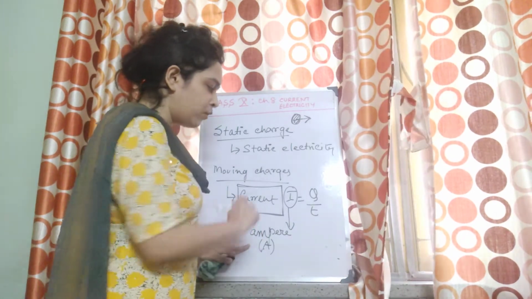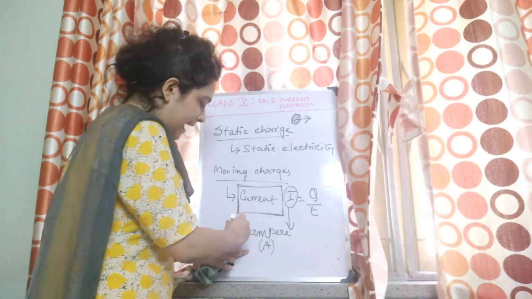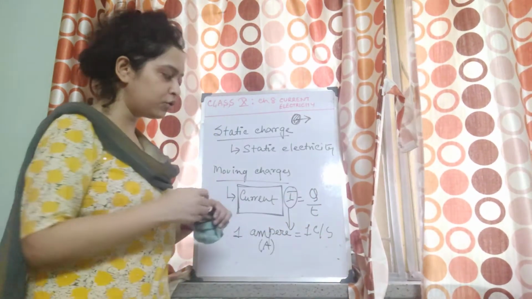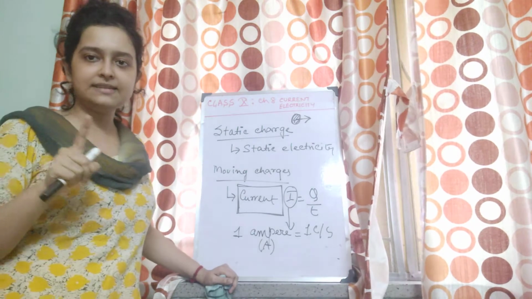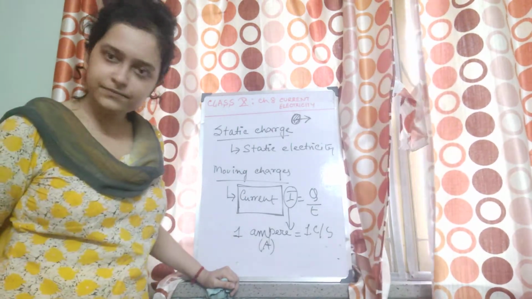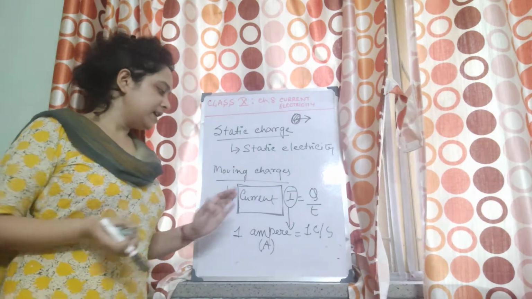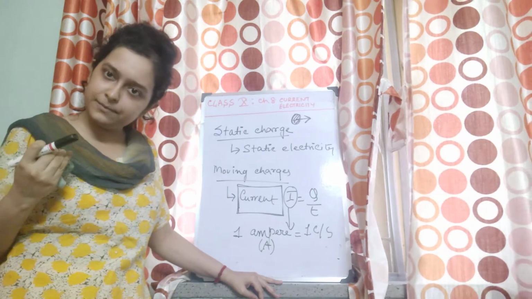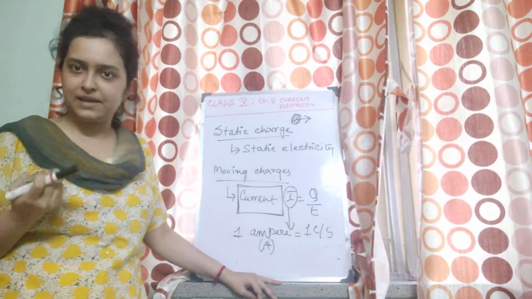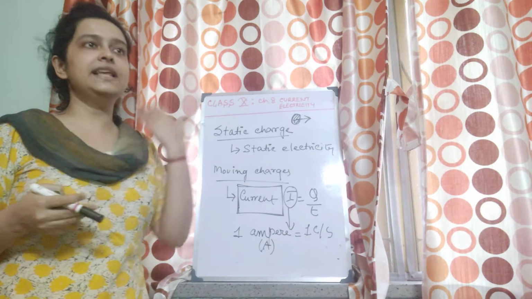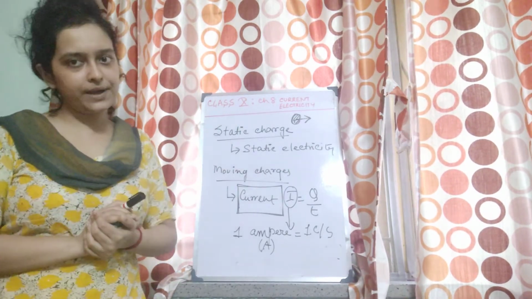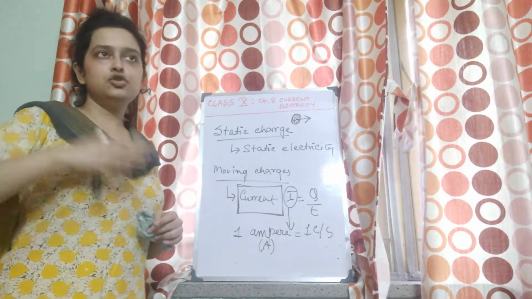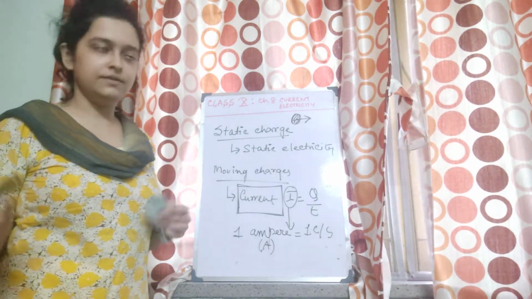So how can I define 1 ampere then? 1 ampere is equal to 1 coulomb per second. So 1 coulomb charge flowing in 1 second is 1 ampere current. Okay. Now if you have the SI units, obviously you will have sub multiples of ampere, microampere, milliampere, like this. Similarly, you have millicoulomb, microcoulomb, like this. Relations remain the same. That means milliampere to ampere, 10 to the power minus 3.